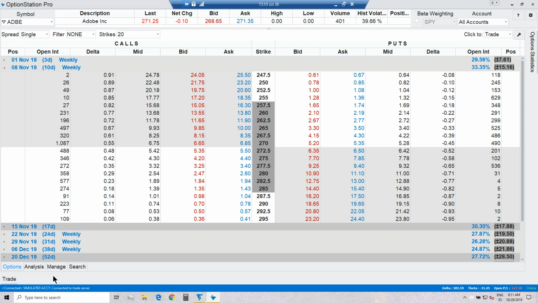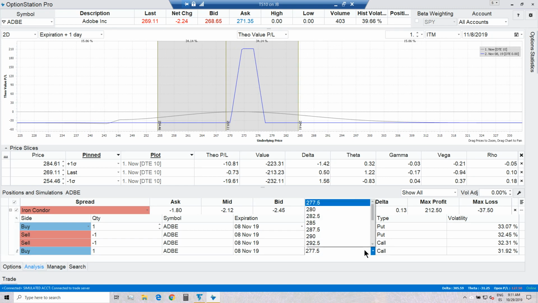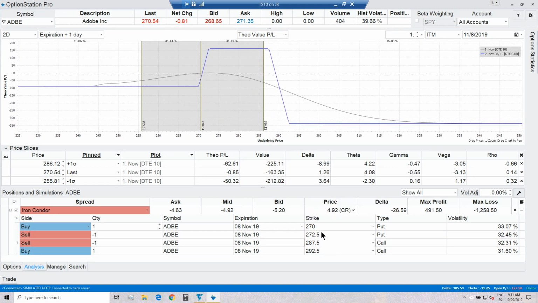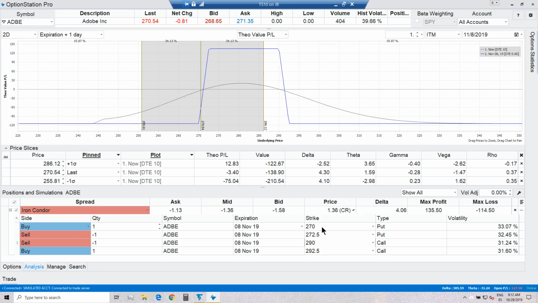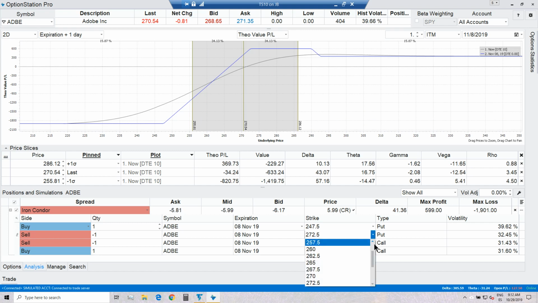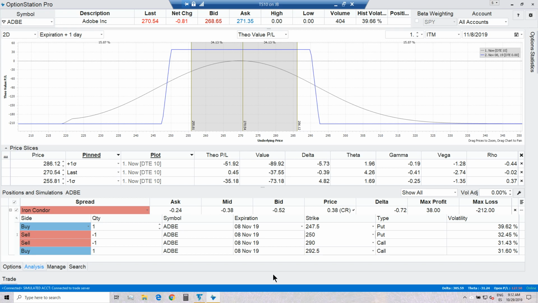Okay, so let's adjust this on our analysis tab. By the way, I'm pretty happy as well to see that November 8 happens to be the expiration date with the greatest amount of premium built in, 33% versus 29 versus 30 or 27. So we are selling an expiration date that does seem to carry a great level of premium. Okay, so let's do it again. We are doing 297.5 and 290, and below we are doing 247.5 and 250. Okay, good. So that's the trade.